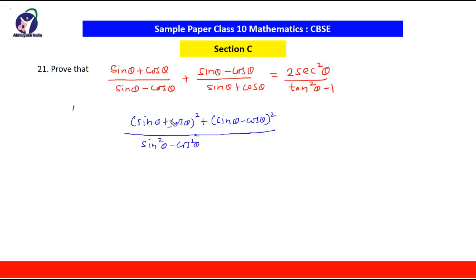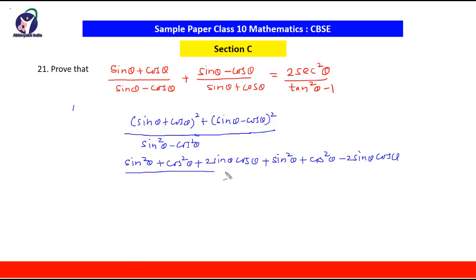Here we will apply the formulas for (A plus B) square and (A minus B) square, so it will be sin square theta, A square, plus B square, that is cos square theta, plus 2AB, that is 2 sin theta cos theta, plus here (A minus B) square, so A square, that is sin square theta, plus B square, that is cos square theta, minus 2 sin theta cos theta,